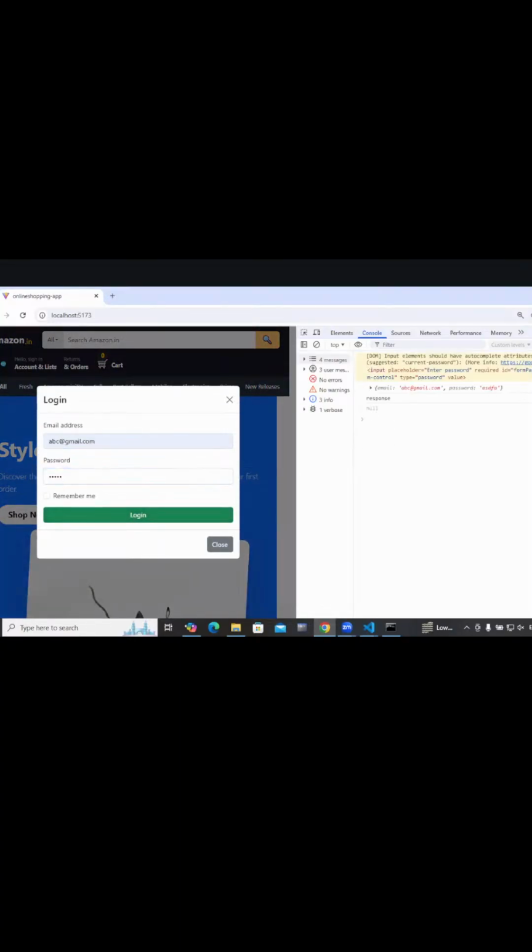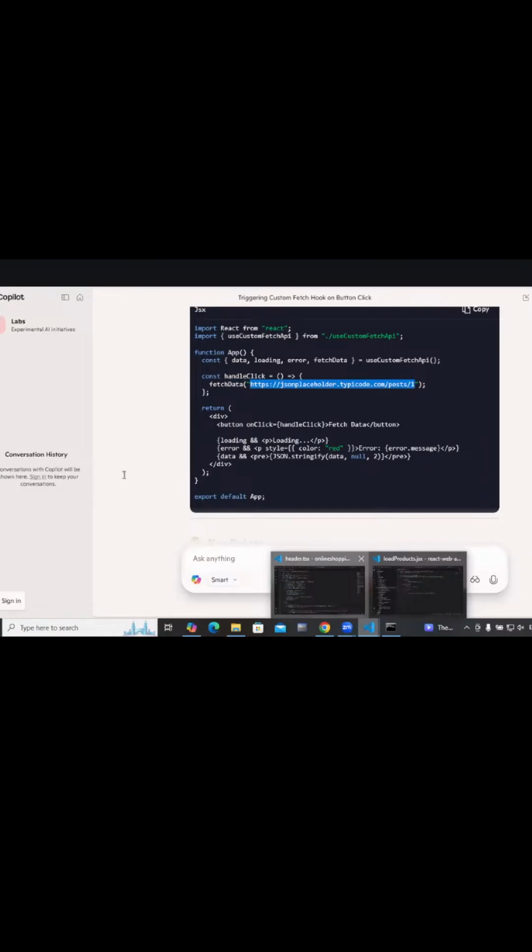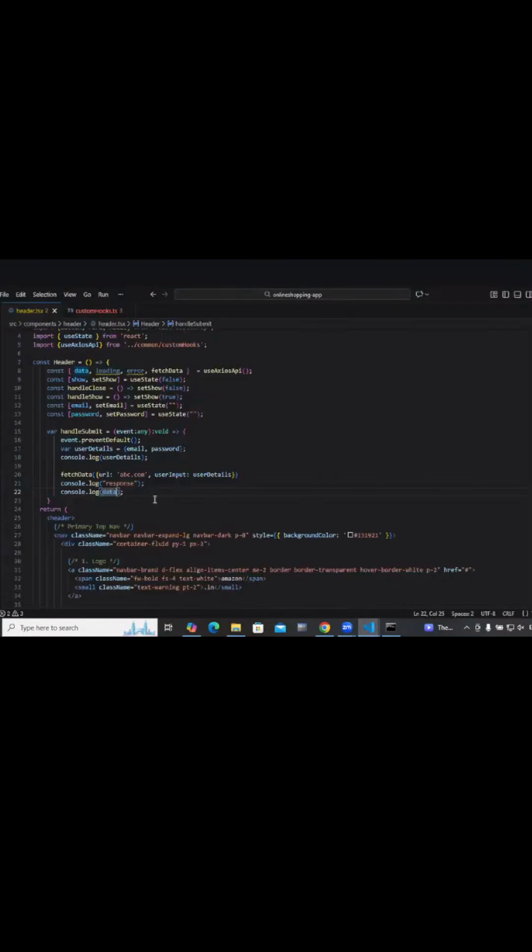Let us give the same URL instead of dummy. Now we have this fetch data. Now I need to see this response, which is data. Data, loading, error and fetch data.